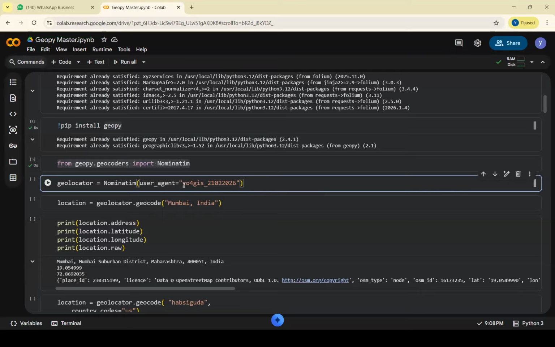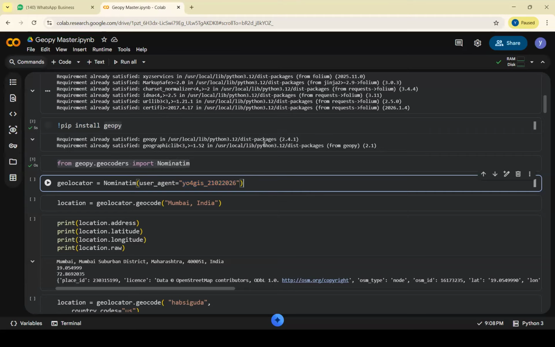Because of that, we need to provide the user agent. Based on the user agent, the company can track our usage. We have to provide a meaningful name, because if you give a common name like test or temp, this kind of name,